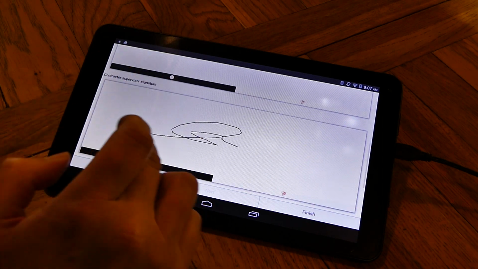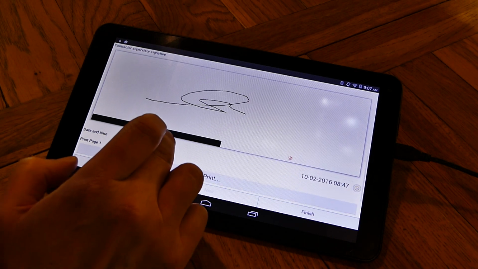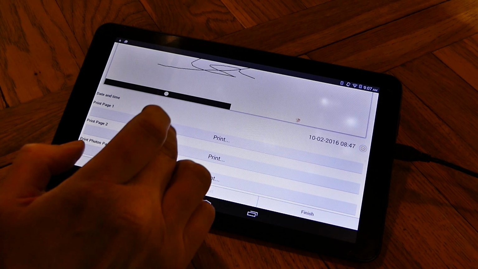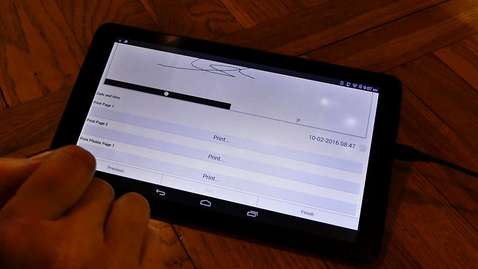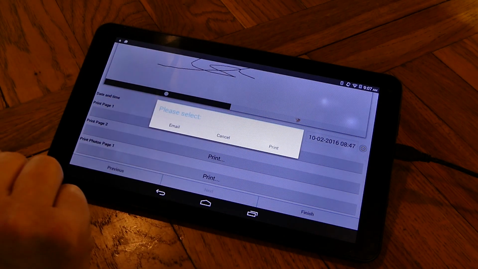You can also get the contractor, contractor supervisor, to sign here on the tablet, and date and time their signature. And then it's a question of printing off the pages of the document on site. This is done by selecting print for each page